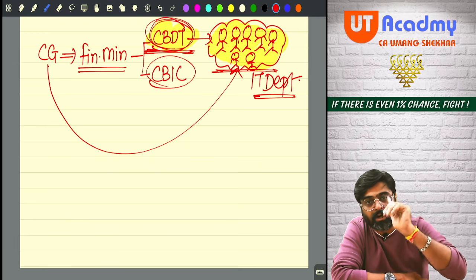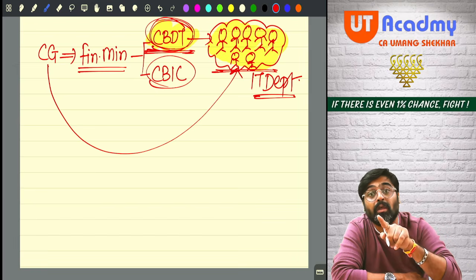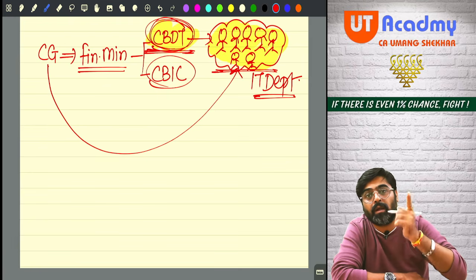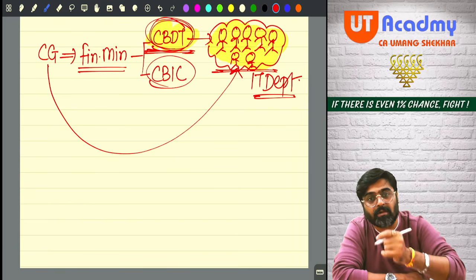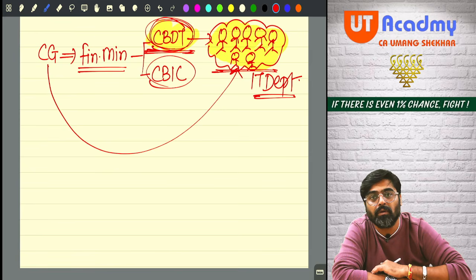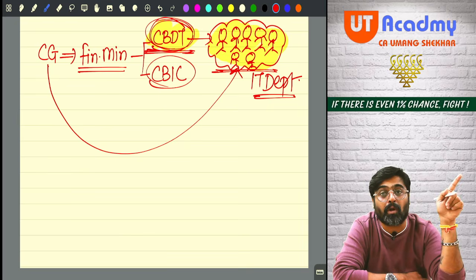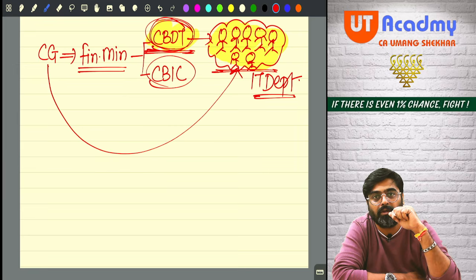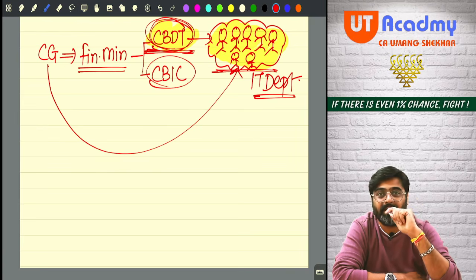Two treatments cannot be given for one provision, no? Only one thing should happen, and this happens because of some confusion. So who will give the clarity on what to be done, what not to be done, how to be done, when to be done? Who will give this clarity to the department and its officers? Because without this clarity, even they will not be able to properly make the people follow the law and collect the taxes. So in the picture now comes CBDT.